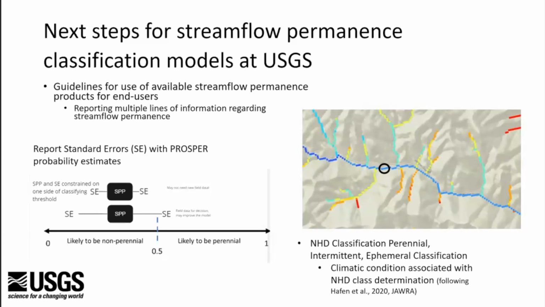And then we're also creating visualizations so that we can provide all of this information at one location, so that an end user can take a look and ask, where are things agreeing? Where are things not agreeing? That can help provide context for subsequent decisions, like, do they need to go out into the field and make an observation, or is there enough evidence for them to make a call of yes, this is perennial, or no, this is not perennial, and then move forward.